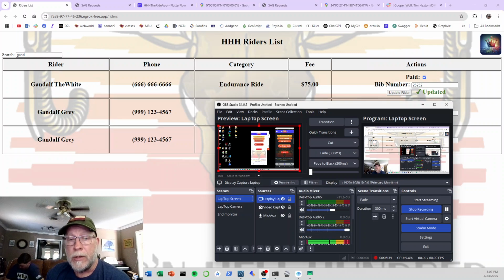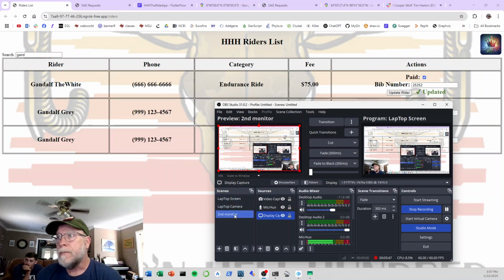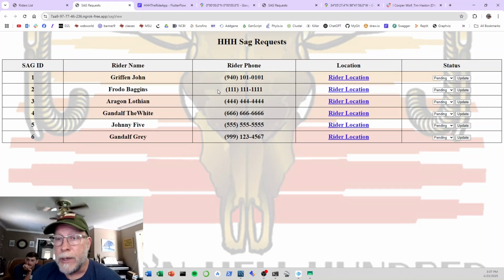When they make that call, it's going to put in a SAG request, and the SAG requests go into our back end. So let's take a look at our back end databases again. We have our SAG request table. If we refresh that, we should have a new SAG request here for Gandalf. And if you look at their rider location,